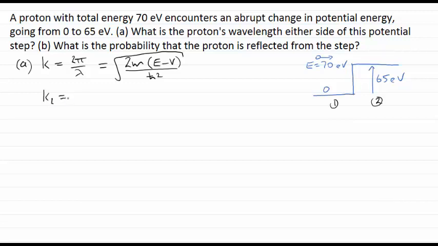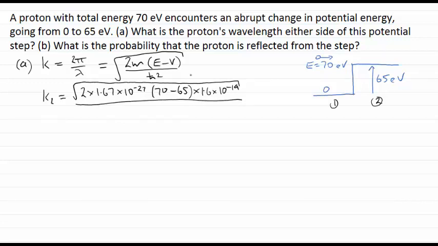We're simply going to put in the values we have given to us in the problem. It's a proton, so twice the mass will be twice 1.67 times 10 to the minus 27 in SI units, and then we're going to multiply that by the difference between the total energy and the potential energy, and in region 2 that would be 70 electron volts minus 65 electron volts, and we'll convert that to joules by multiplying by 1.6 times 10 to the minus 19, and we're going to take the square root of all of that, and then we're going to divide by, up here, the square root of h bar squared. That will just be h bar, which we can write in SI units as 1.05 times 10 to the minus 34